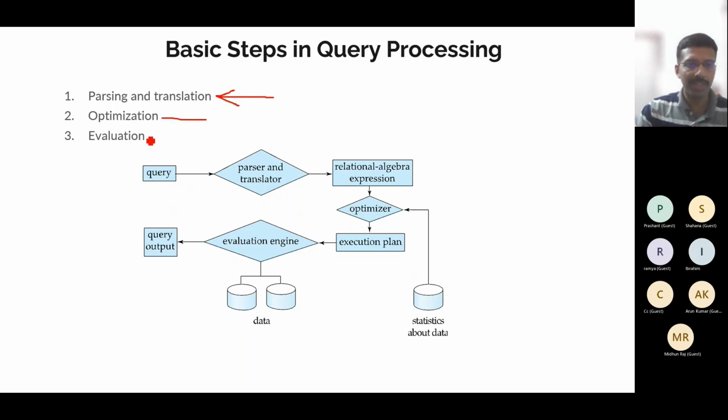Second is optimization, where among the equivalent queries we found, the best one, most efficient in terms of space and time, will be chosen. And the last step is the execution or evaluation step, where the optimized query found from the second step will be used to evaluate and give the output to the user.